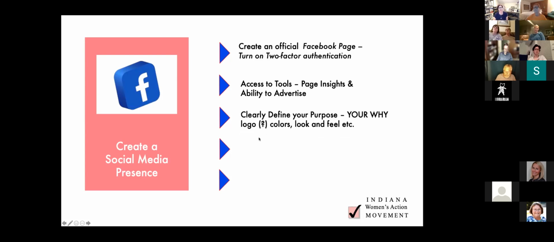Okay. Clearly define your purpose, your why. Maybe you have a logo, you put your county logo on there, you pick some colors, you pick the Indiana colors, you pick something that's relevant to your community, and you create a look and feel. You put your name, your why, the county website, really define why you're there. It's really important not to just throw up a Facebook page where people click on it and don't know